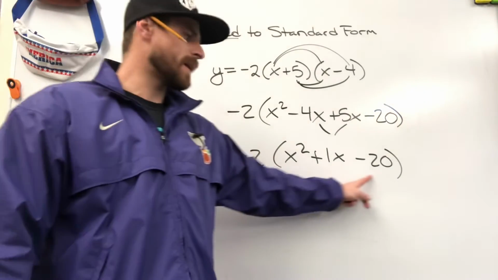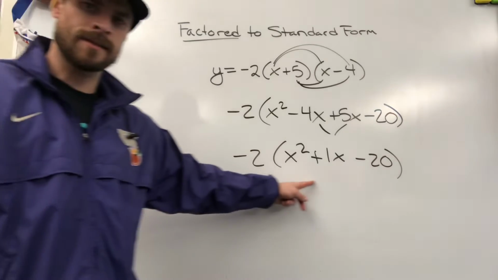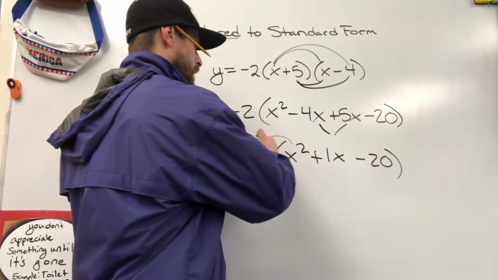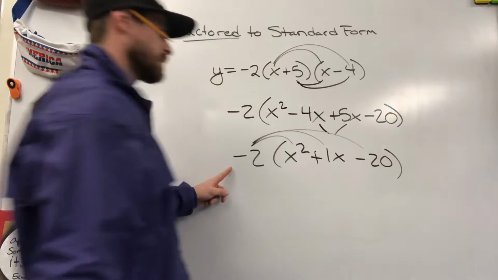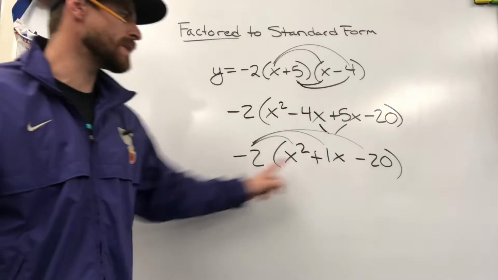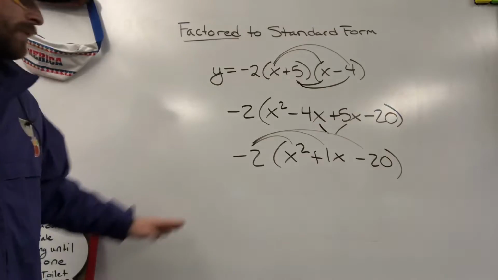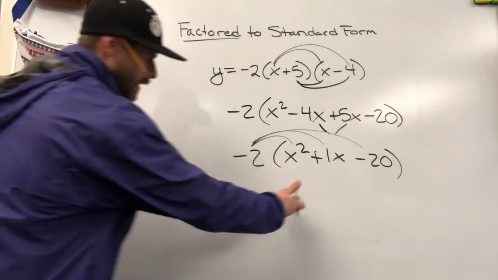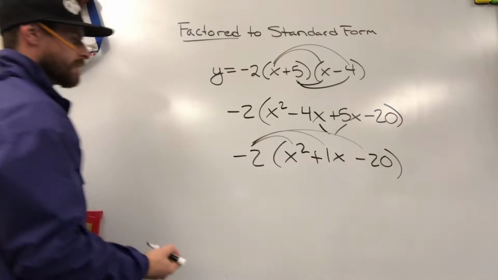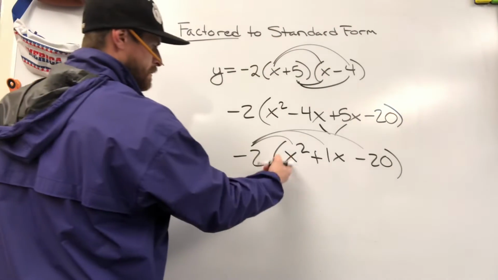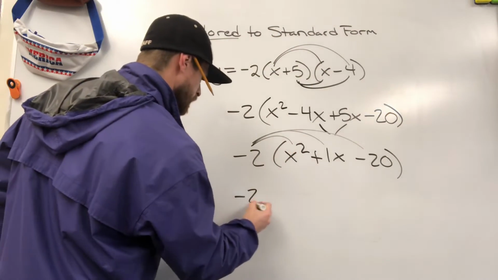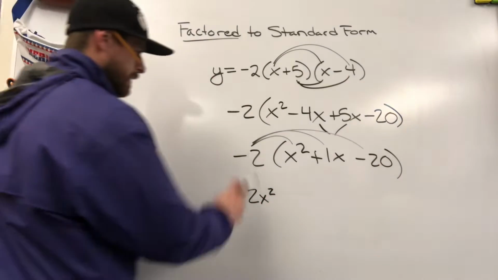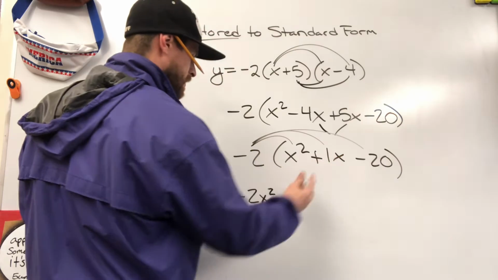Now that I've simplified everything within my parentheses, I can now distribute the -2 to 1, 2, 3 terms. I need to multiply -2 3 times, and I will then have my final solution, or in this case, my final equation written out in what's called standard form. -2 times x squared is -2x squared. Don't overthink it. -2 times 1x is